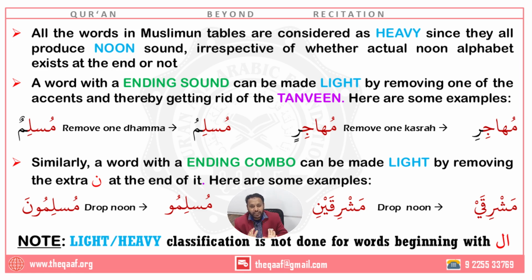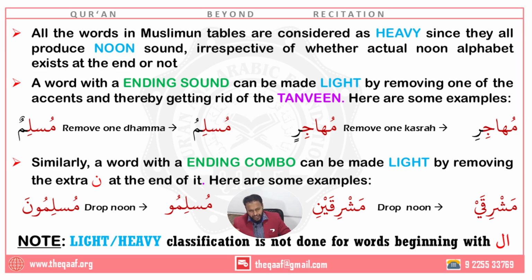हम उसका वजन लाइट भी नहीं बोलते, हैवी भी नहीं बोलते, हम उसका वेट क्लासिफिकेशन नहीं करते. क्यों नहीं करते? I will tell you a little bit later. कि उसका वजन हम बाकी सब करेंगे, हम उसका स्टेटस करेंगे, नंबर करेंगे, जेंडर करेंगे, टाइप करेंगे, सब करेंगे जो वर्ड अल के साथ है, लेकिन उसका लाइट हैवी नहीं करेंगे. We will just say this is an ineligible word. If a word is with al and somebody asks you, tell me the weight of it, no, we don't do weight. We neither say this is light, we neither say this is heavy, because it is with al.